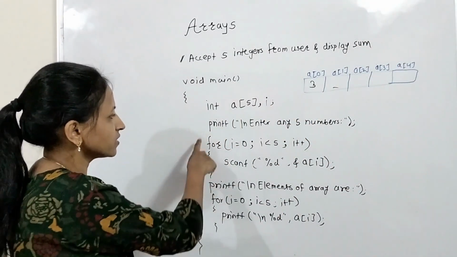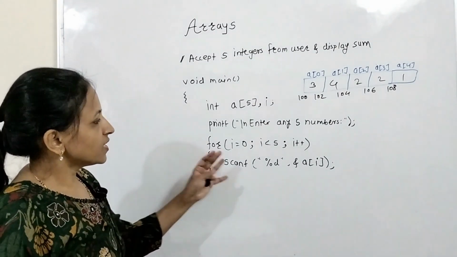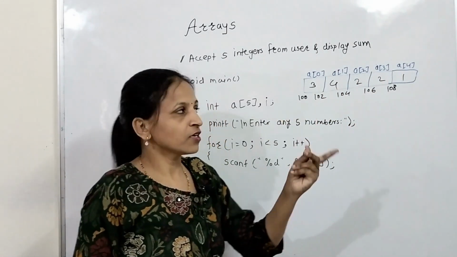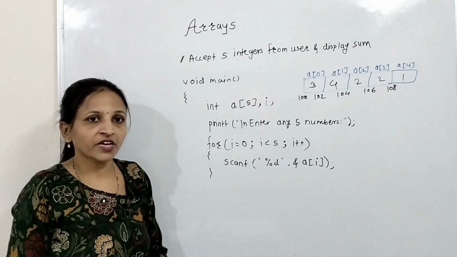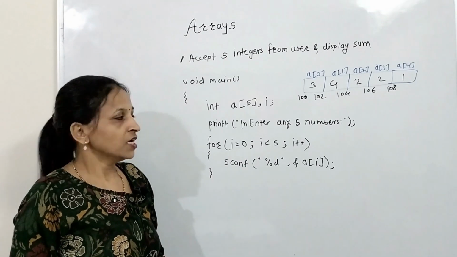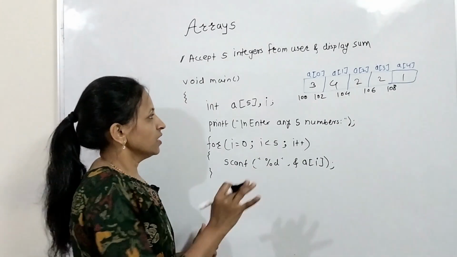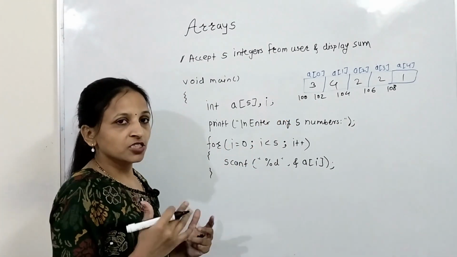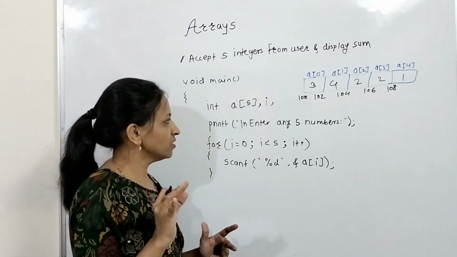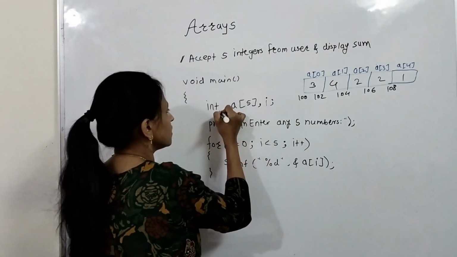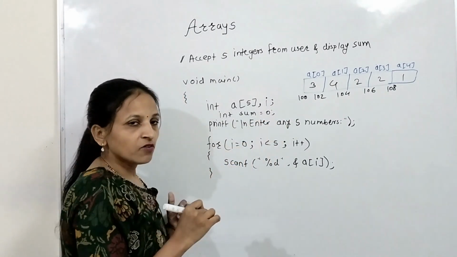Now see here, we have accepted all the numbers from the user. Suppose the user has entered all these numbers, then we have to calculate the sum of all those array elements. We can apply logic here: we will declare one sum variable and take the initial value as 0. We will initialize that element as 0, like this: int sum